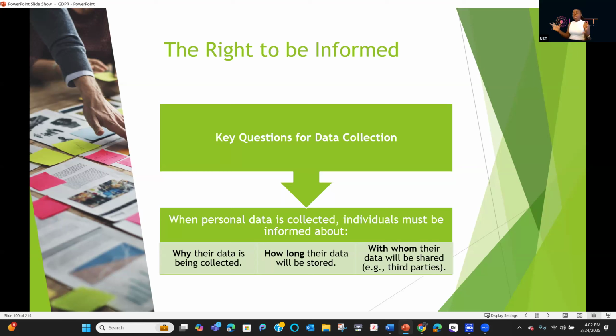Remember, nowadays, organizations have to partner and use other third parties for their business to be functional and operational. So at the initial phase, when you are collecting people's data, you need to let them know why their data will be collected, how long their data will be stored, and with whom their data will be shared. So these are some of the things that the organization will need